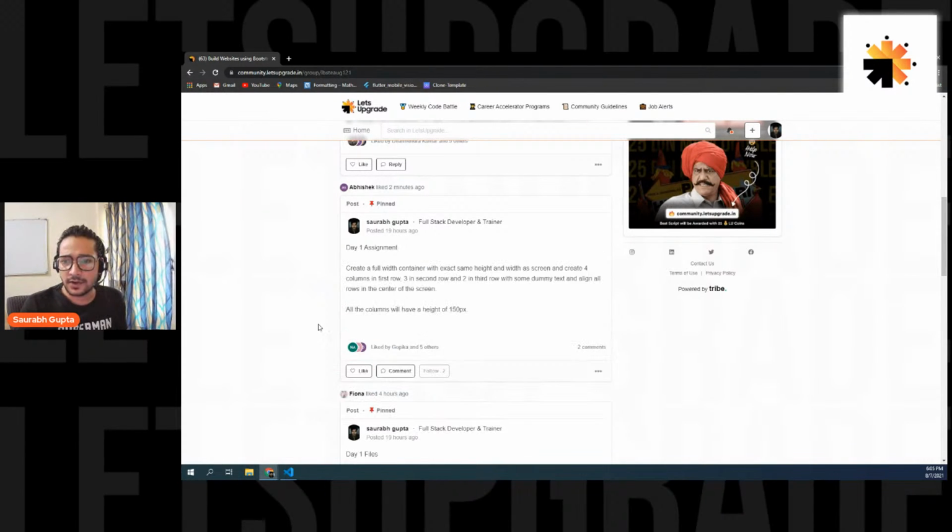Okay. So I told you guys to create a full width container. That means I need a container with a class of container fluid. Because it's a full width container, it should cover the whole screen. Then you have to give it a height exactly like your screen. So for example, if your screen height is 768, you can give 768. Or if you know CSS, you can also use 100 VH, which will make your container's height exactly same as